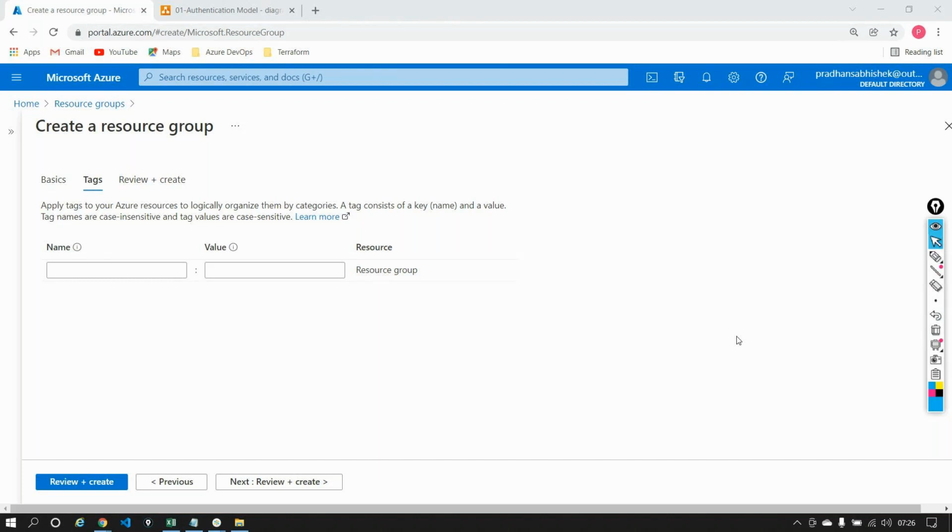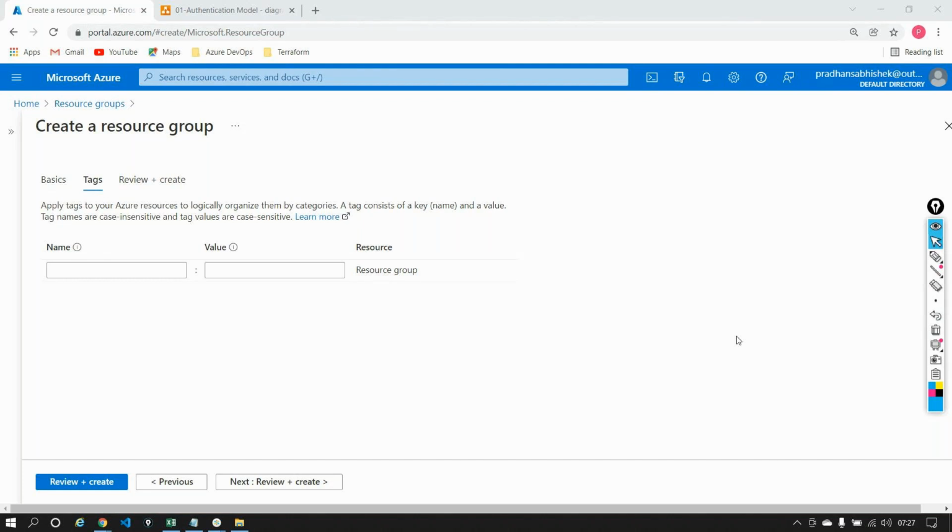Now, I also said that you can have multiple resource groups under the same Azure subscription. Let's say, why do you want to have multiple resource groups? Because you will have multiple teams and etc. Let's say I am a developer. I am creating this resource group to hold all the resources of whatever my team requires. Now, if there are hundreds of resource groups, how do I identify mine?